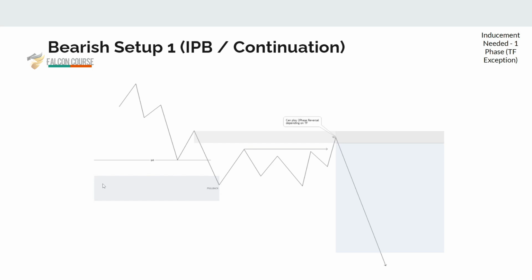We're reacting to pullback demand, right? Sweeping inducement. We always have to have some form of inducement for our zones. And from that point, we sweep. We're actually manipulating into our vector level. This will act as a build up, and then we're able to trade from that point. And just like I said, if this is a 1 hour inducement pullback, we can play this like a two-phase reversal. This will be a 15-minute phase one, right? And then we'll create a new 1 minute phase two zone, which is awesome. And such a high probability way to look at the market as well.